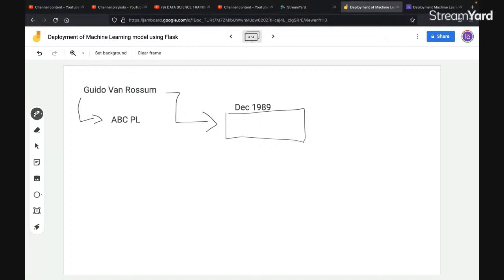When he was done creating this programming language, he was very curious to name it. What name should I give it? He wanted to name it something subtle, interesting, and unique.